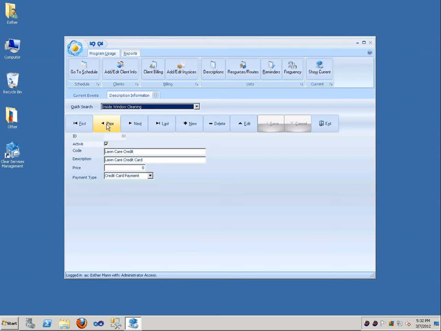If you're doing lawn care, if you're doing, again, courier services or lawn mowing, you can put in that it's active, what the code that you want it to be is, the description, a default price, and what the payment type is. The payment type list, you can see, is cash, charge, credit, credit card payment, debit card payment,